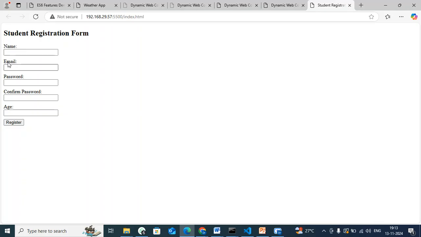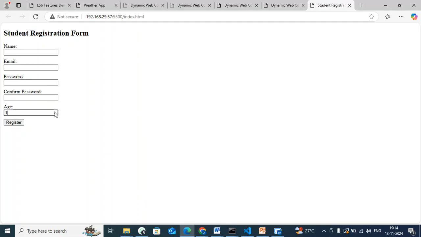Next, I'm using another label called email, and for that also I'm giving an input text. Password is also another label that is associated with this input box, confirm password is another label associated with this text input, and age is another label which is associated with this text input.